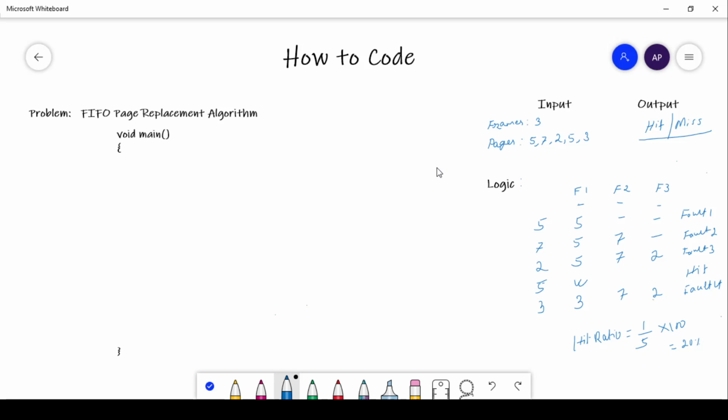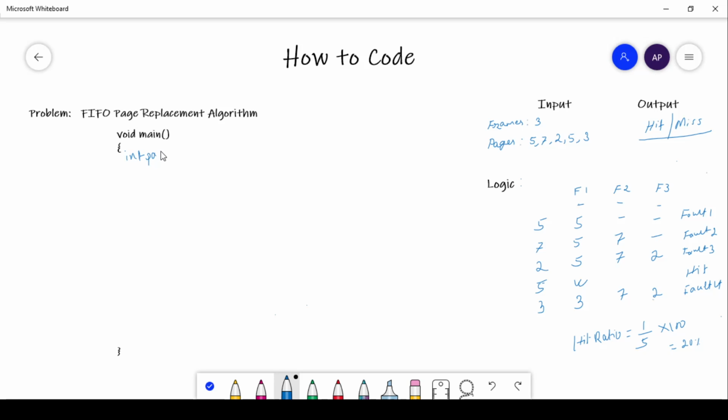Okay, now coming to the coding environment, or programming environment. In input I think we have to consider two things, frames and pages both. In pages we have more values of the same type, so obviously one array of type integer will be fine for page.